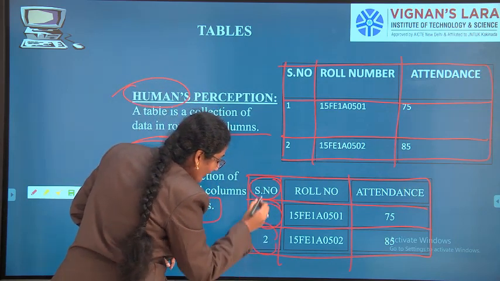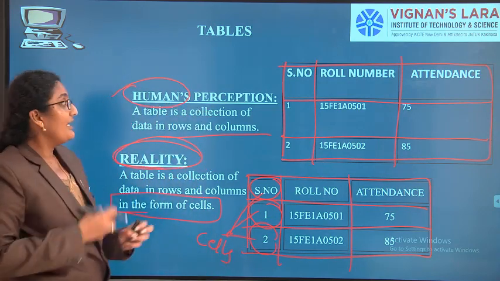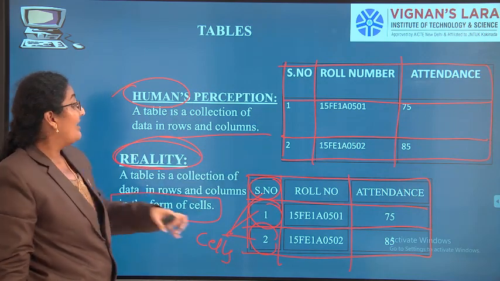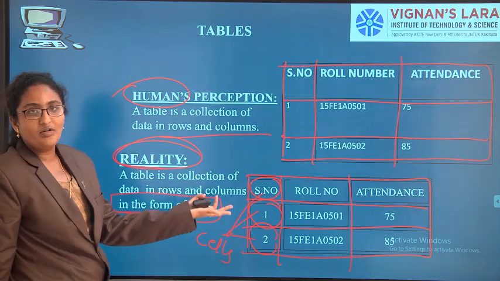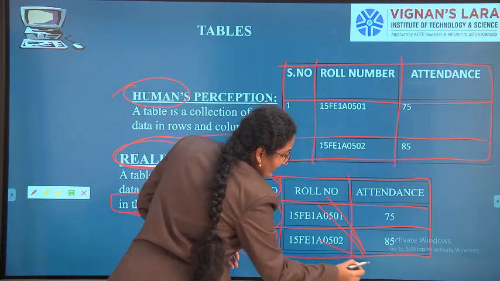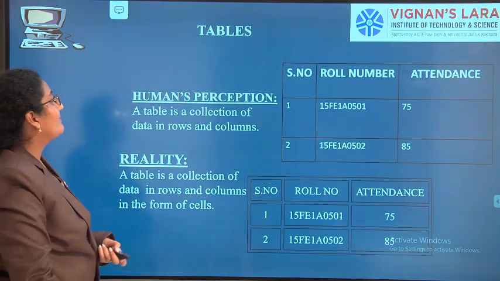In reality, table is rows and columns, but in the form of cells. You can see the cells here. So this is the reality about tables.